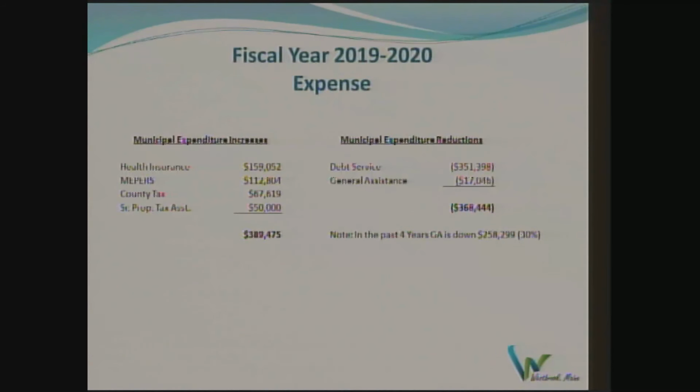So we did hit a very high peak because of factors that were certainly outside of Westbrook's control. It was sort of a national type of issue for a variety of reasons, including some very aggressive administration of our general assistance program here in Westbrook. We've brought that under much better control over the past 4 years.